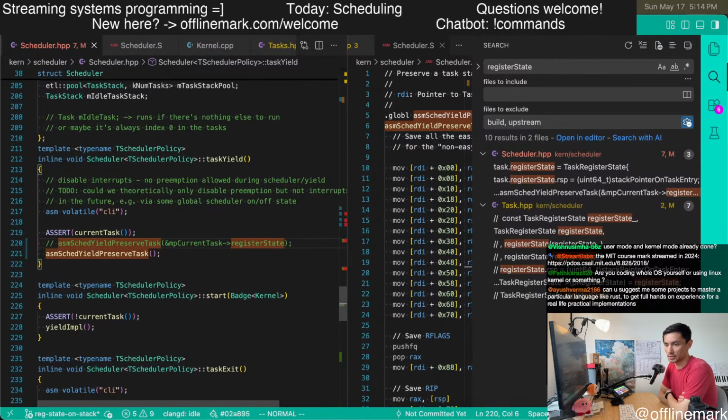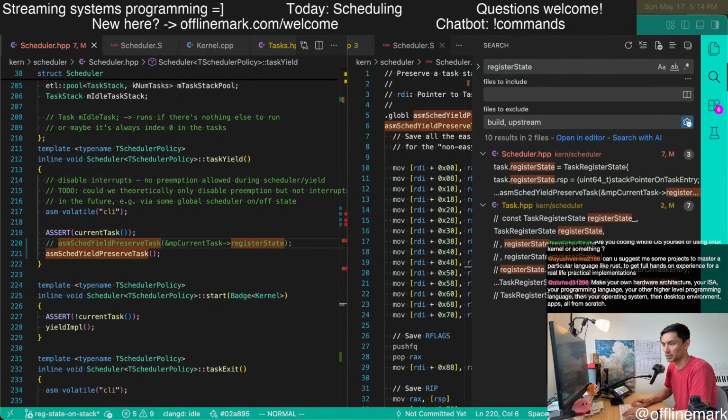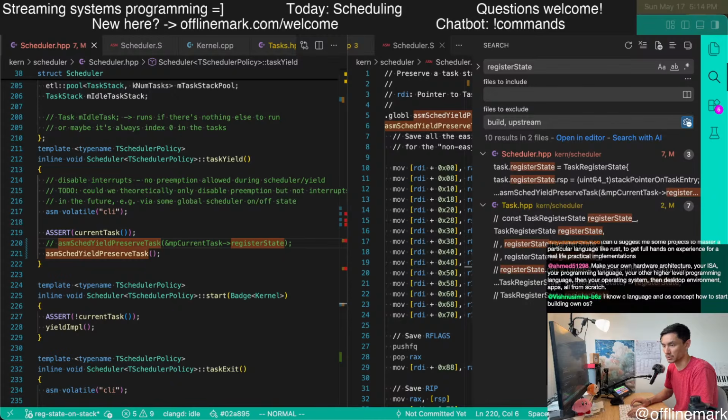Can you suggest some projects to master a language like Rust to get hands-on experience? There's this article called Projects Every Programmer Should Do or something like this. Coding projects every programmer.